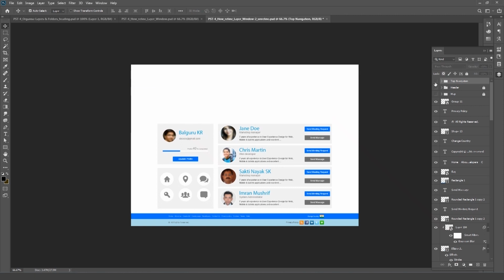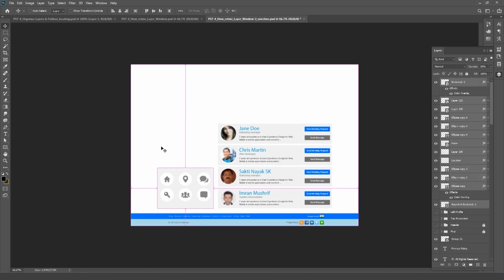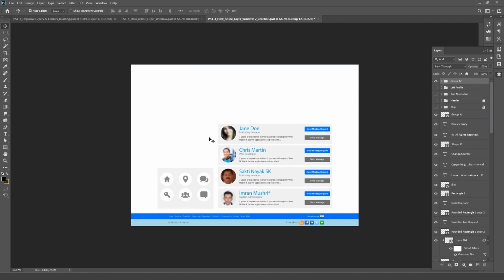Now I'm going to turn all this off, and then select this first. I'm going to take this to the top, create a group, and give the name left profile to this group. I'm going to hide this. Then I'm going to select whatever is below that, group it, and give it the name left option.